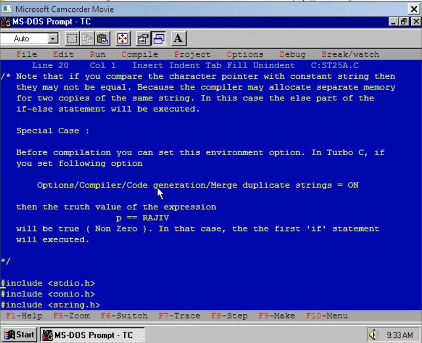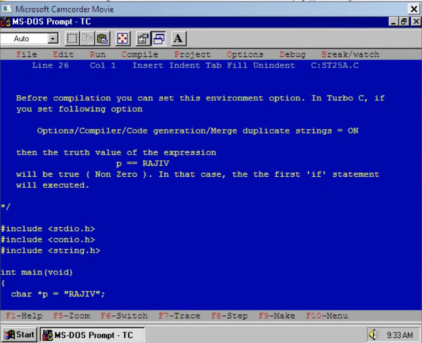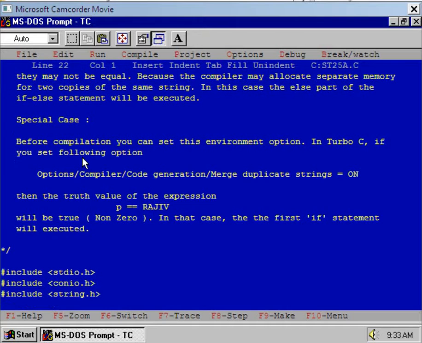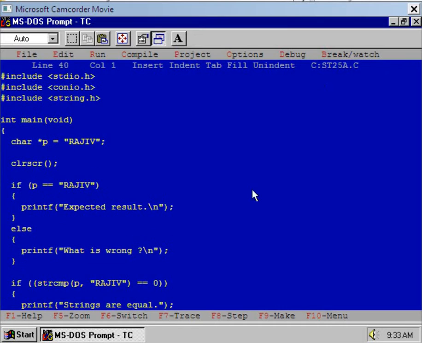Now in the second program we have selected the options menu, then compiler, code generation, merge duplicate string, and we have made this merge duplicate string option on. So right now it is on, and hence this statement is true, because if you keep this option on, then the string Rajiv and the second string Rajiv are stored at the same memory location.